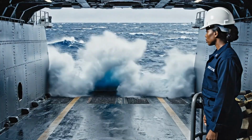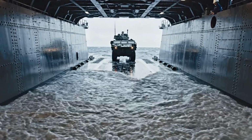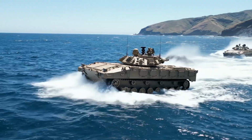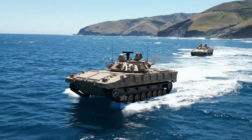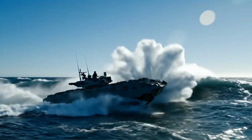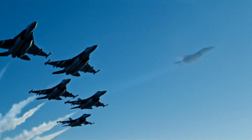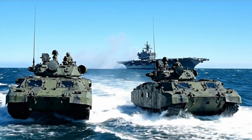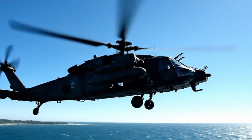The deployment demands robust ship design, enabling ground vehicles to enter and exit even when facing significant open ocean wave action. Amphibious ground vehicles navigate the swells of the open sea, demonstrating their inherent stability and capability to remain fully operational during ocean transit. Despite challenging maritime conditions below, the air component maintains flawless coordination, showcasing the full spectrum of air superiority. The presence of both large vessels and utility helicopters underscores the mission's focus on simultaneous air, ground, and